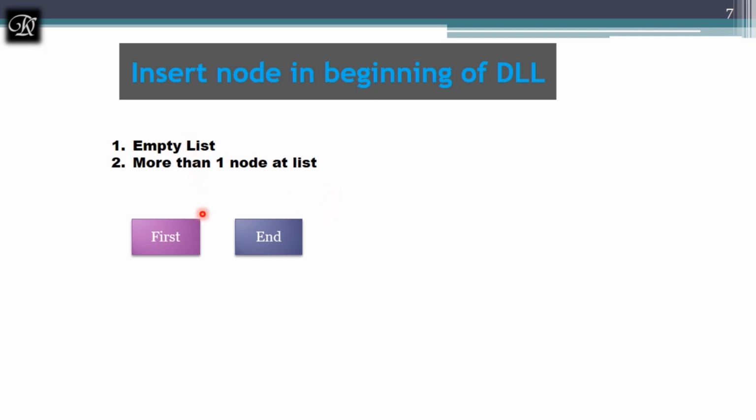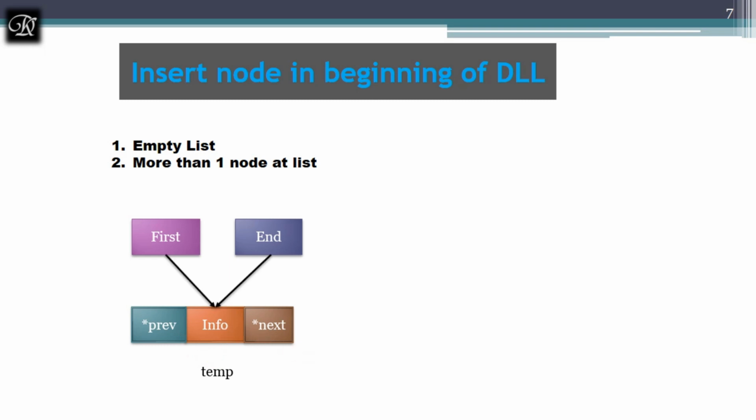So when it is an empty list, we don't have a first node, we don't have an end node. So let's create a first node. When we are going to create a first node, the required employee information is read from the given read function, and this node is created from the get node function, whose code I'm going to discuss in the next coming slides. I'm going to call this brand new node temp, and there are no nodes in the given list. I will call this brand new node first, and I'll call the same as last because I don't have any other nodes.